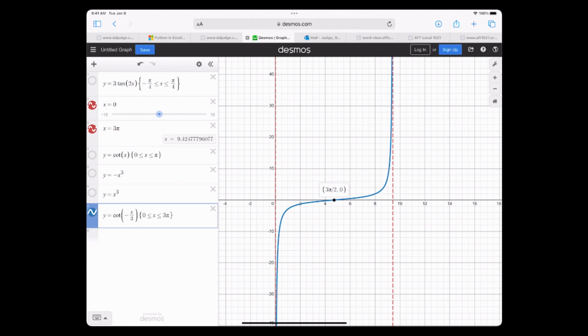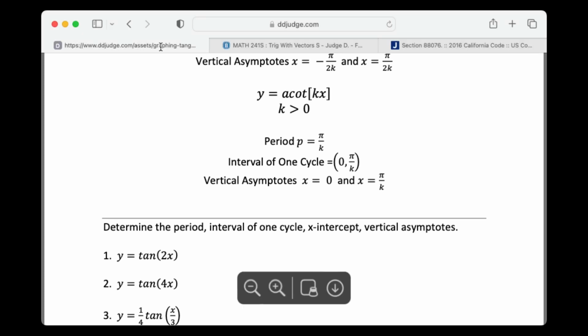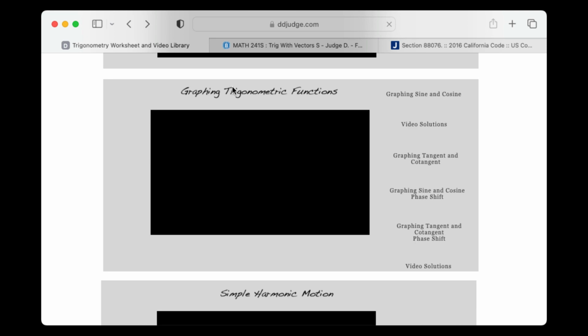So, and then you say, well, is this from your worksheet on the homework? Yes, if I go to my website. On the website, it's going to take you to this graphic, it's going to take you to this